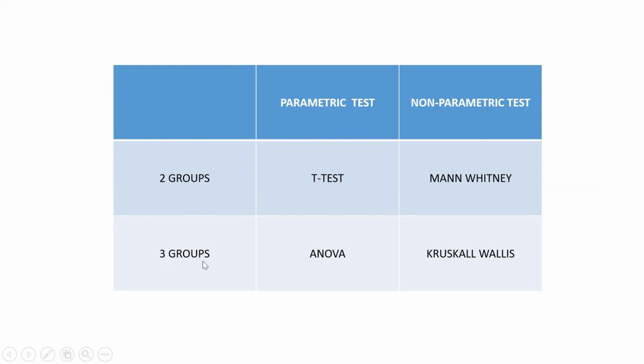How about with three groups? One of the examples for the test of significant difference for three groups is civil status. We have the married, the single, annulled, divorced. So they're also mutually exclusive. So when we say civil status, it is their status in the civil registry. So for the parametric test, we have the t-test for two groups, and we have the ANOVA for three groups